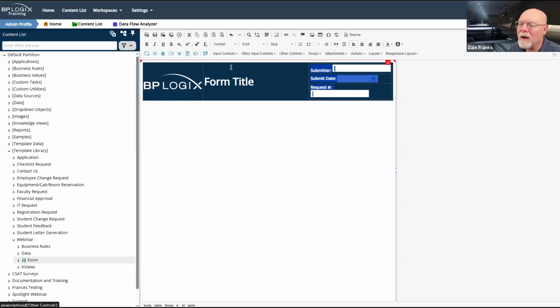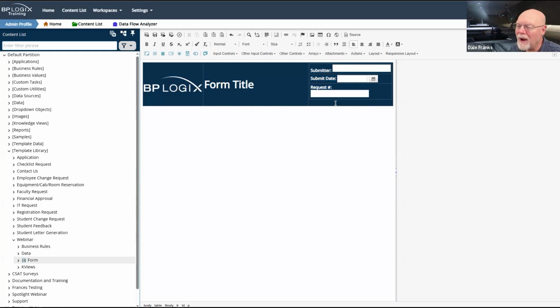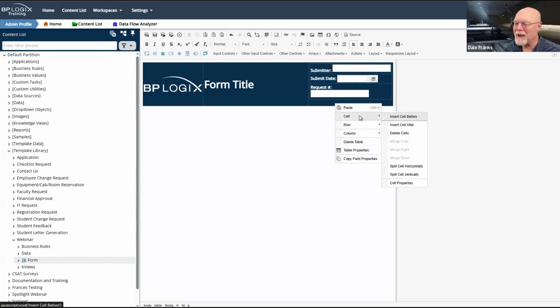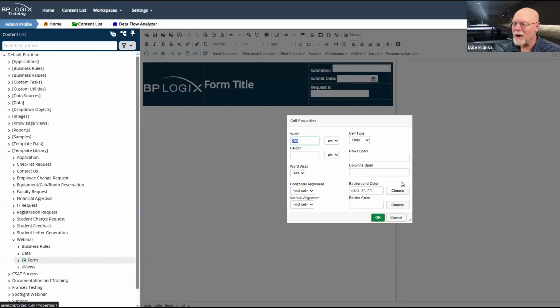Let me go into, well, if I right click, I don't know what it's going to give me there. Okay, I'm going to add a row here that I'm going to have to delete in a second, but I can get back into my cell and go back to my cell properties. I'm going to increase this from 200 to 300 pixels, so it doesn't take up quite as much vertical space.